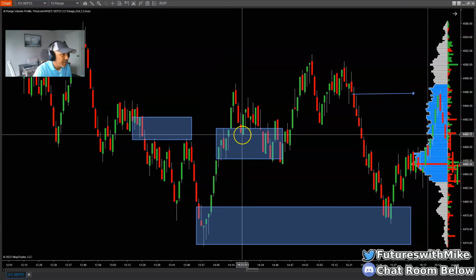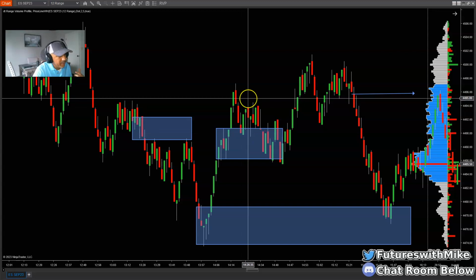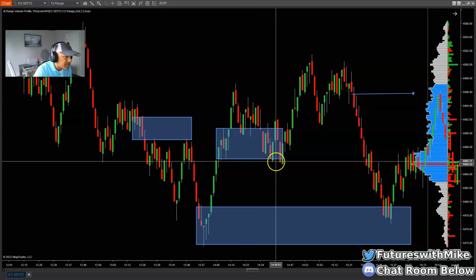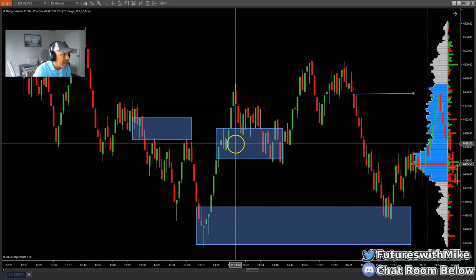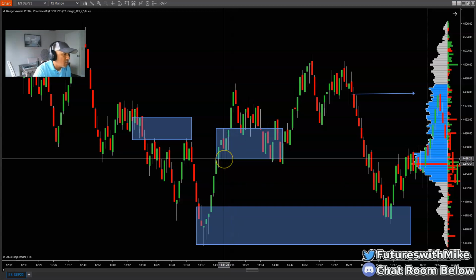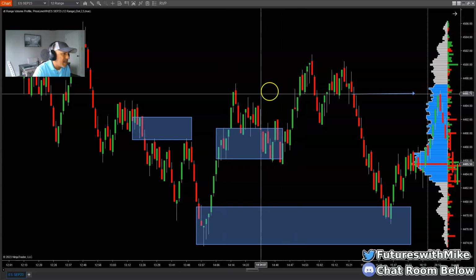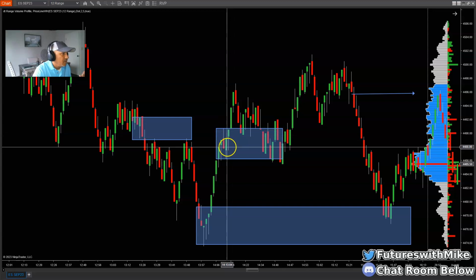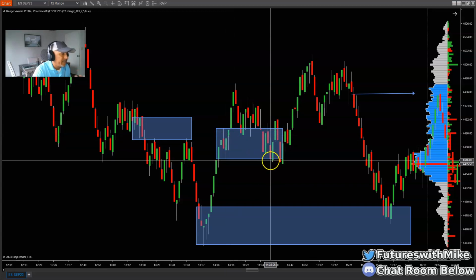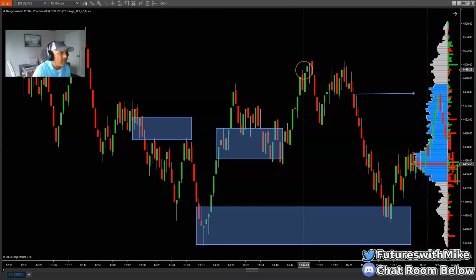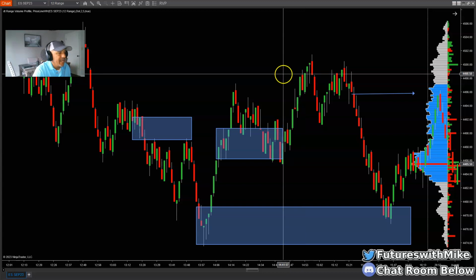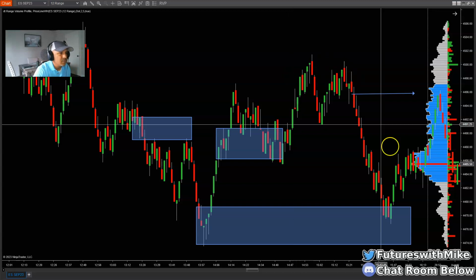So you get into the trade right here at support, and then they push the market up a little bit, and then the market falls and collapses. They take out and run stops all the way below this area of support at the back end at 44.86 and a quarter. Then the market turns back around. Remember what I talked about when they start to run people's stops? They typically turn the market back around to make a move back to the upside and take out some means of liquidity, and then the market may turn back the opposite direction, which it did.